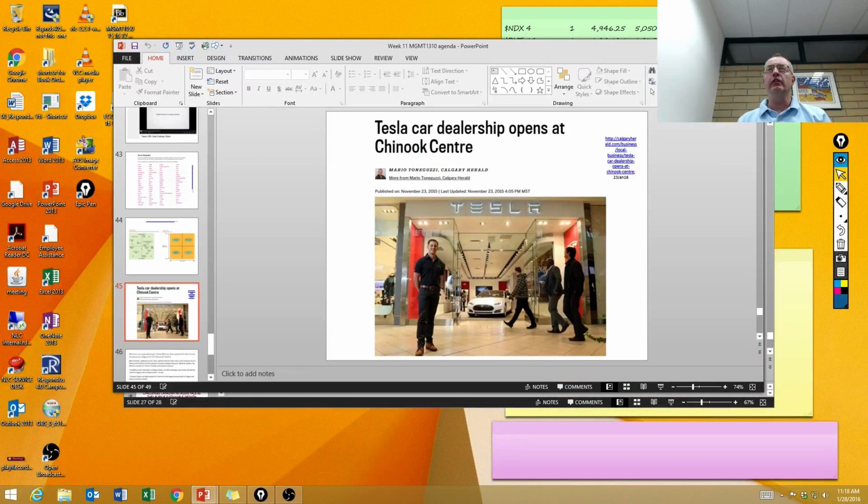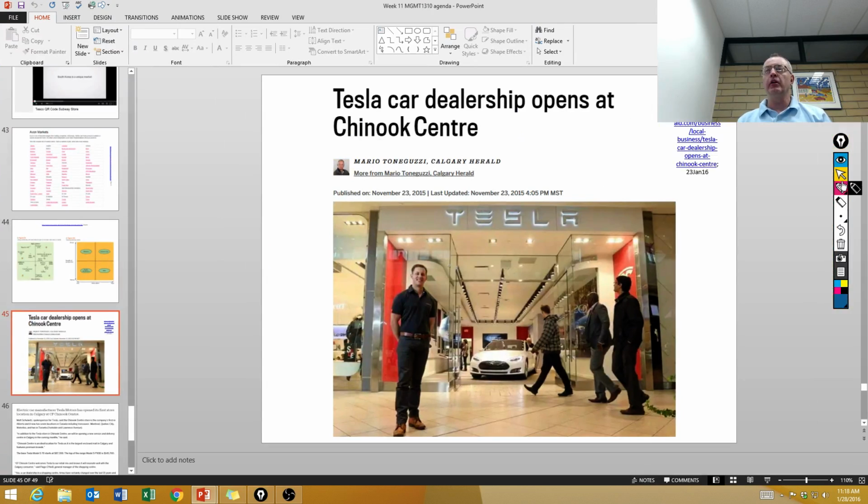It's the retailing model. And I noticed that they recently opened one of these Tesla showrooms at a mall in Calgary, at the Chinook Center. So this is the store. It's just in a shopping mall. There's one car there, and probably another one behind it that we can't see in the picture here. People go in, look at the model, and then they go home and buy their car online. Anyway, this is Tesla's new retail model for their vehicles.